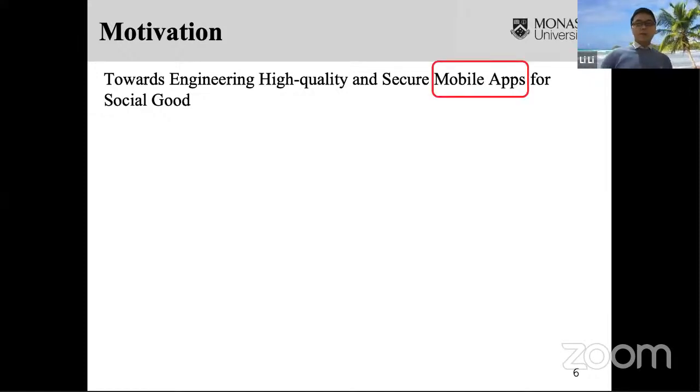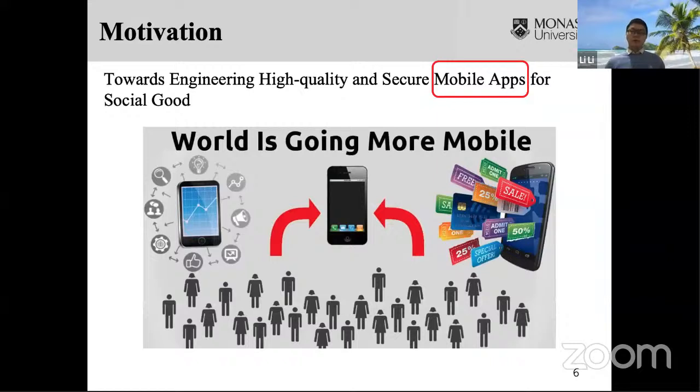The first keyword is mobile apps. Why are we focused on mobile apps? As you already know, our world is becoming more mobile, with probably everyone having access to some kind of mobile device.